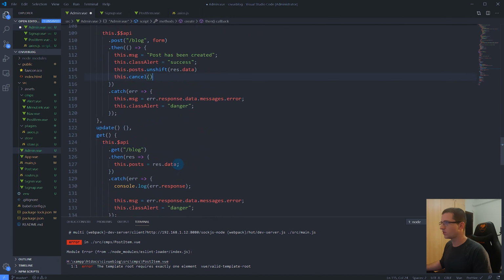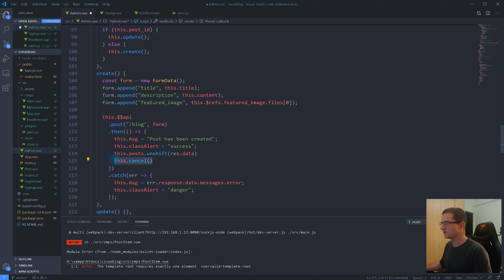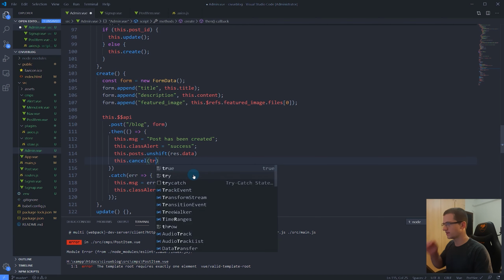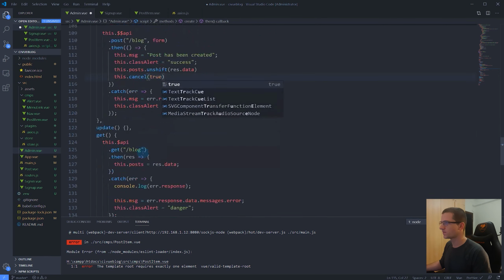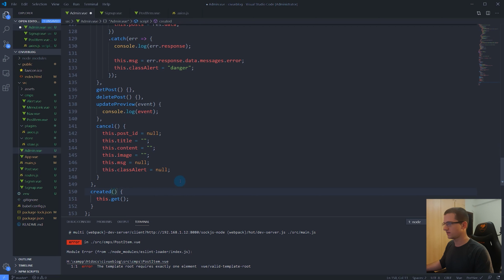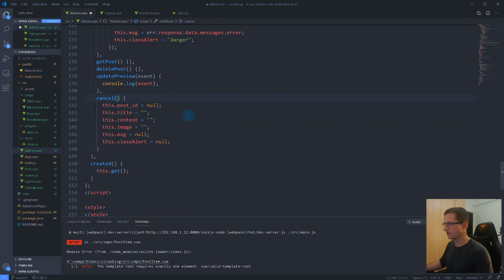The only problem that we have here is that if we run this cancel, it will also nullify the message and the class alert. So what we can do is create a new variable inside of our cancel method. Let's say alert show equals false. So it will be false by default. And if no alert show,